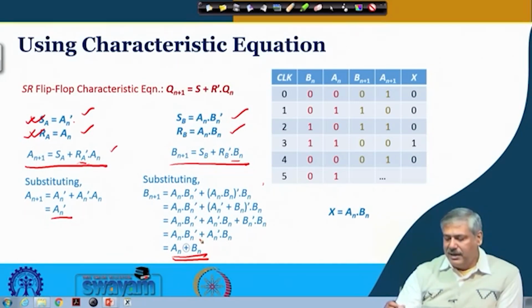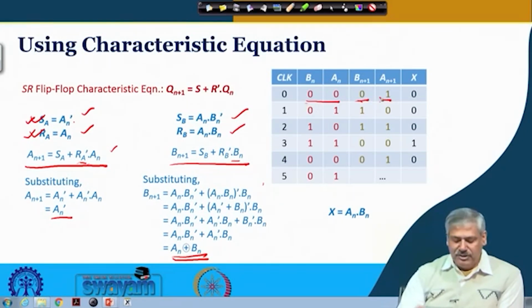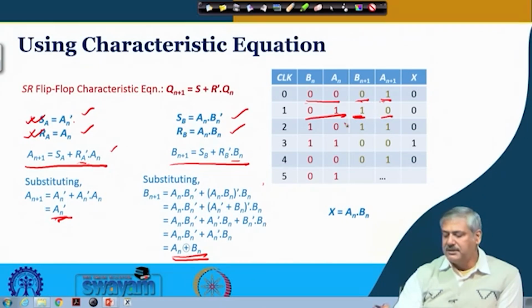Okay, we can have the state table. Where this is the current state, again as I said, if it is not specified, we can begin with this current state, and then we can look at this equation. So Bn plus 1 is A XOR Bn, A XOR Bn is 0 0, so it is 0, and what is An plus 1? It is just the inverse of it, so this is 1. So 0 1 becomes the next state. So 0 1, this XOR becomes 1, and An prime, so it will become just the opposite of it,